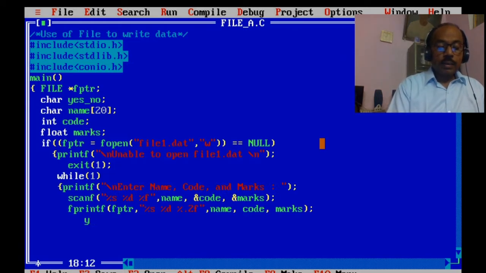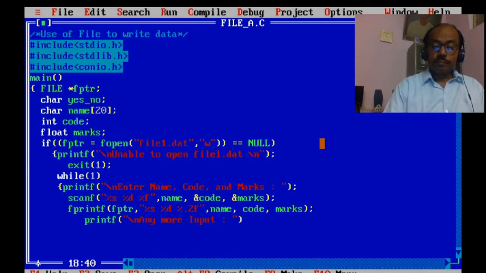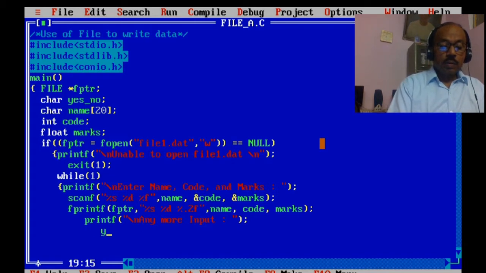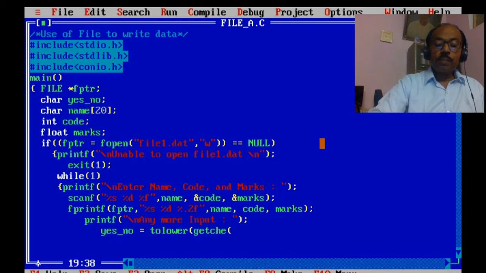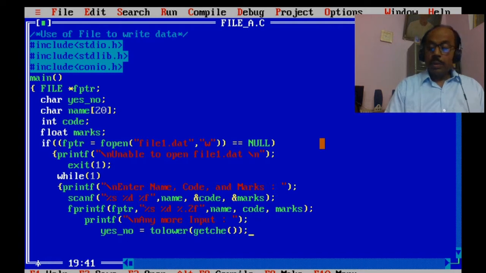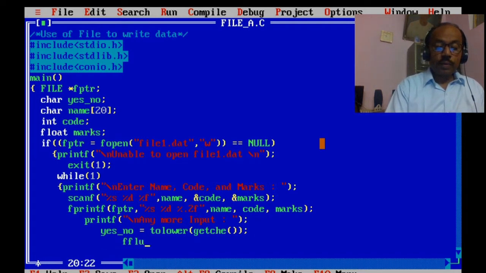Now we are asking the user whether there is more. printf "any more input", yes_no is equal to tolower getche, fflush stdin.